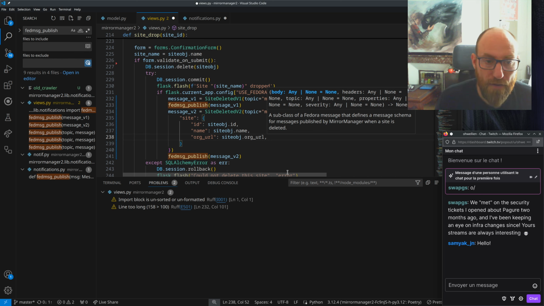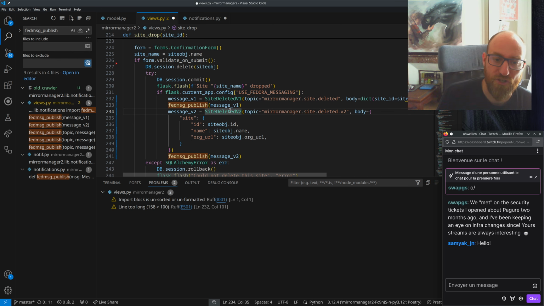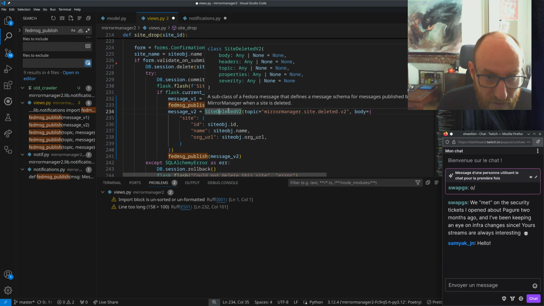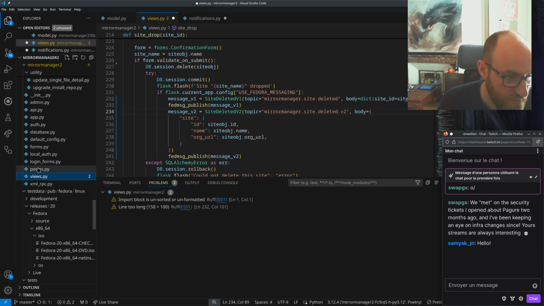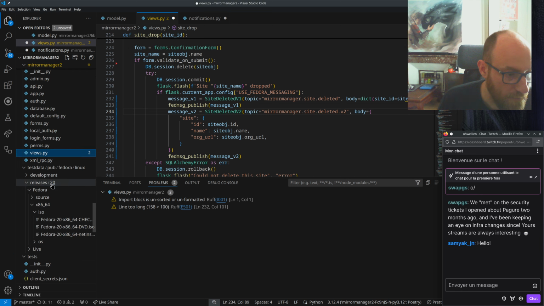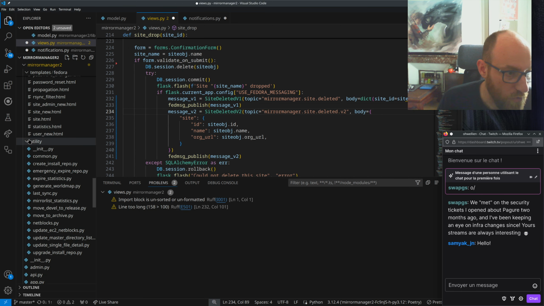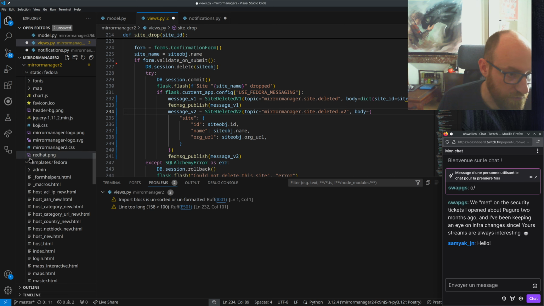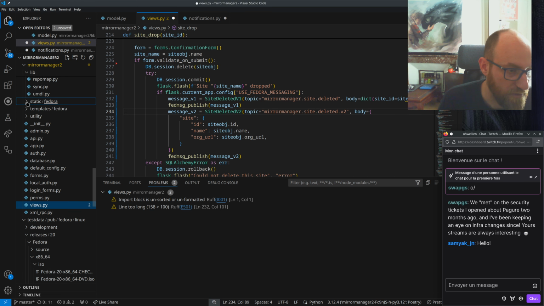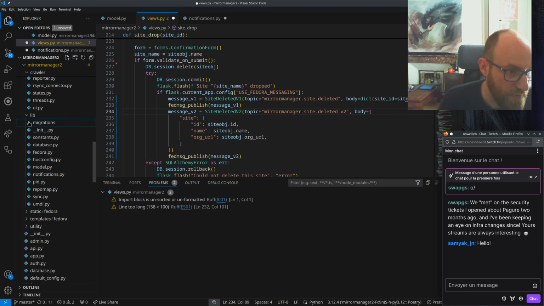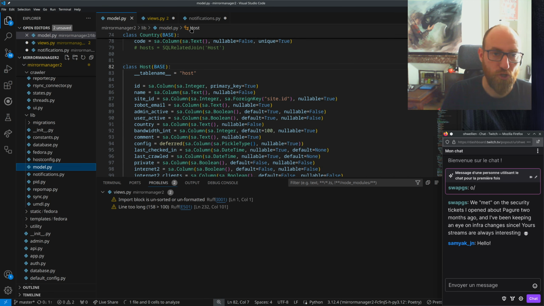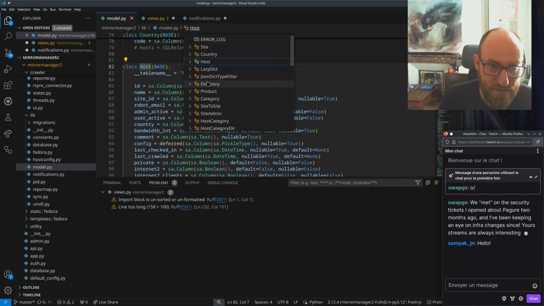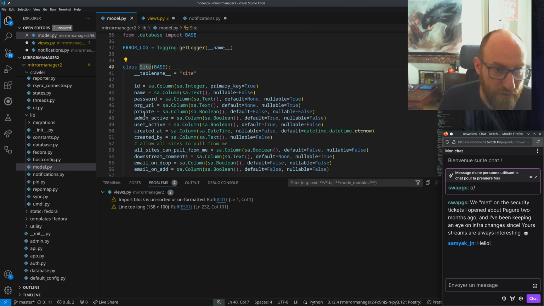But I need also to have the agent. I know what the agent is because the site, if I look at my models, let me look at my models. No, not utility. Definitely not the top templates. Certainly not the static files. Absolutely not the migrations, but we're getting close. Ah, model. Thank you. So if I look at my site, a site has a reference